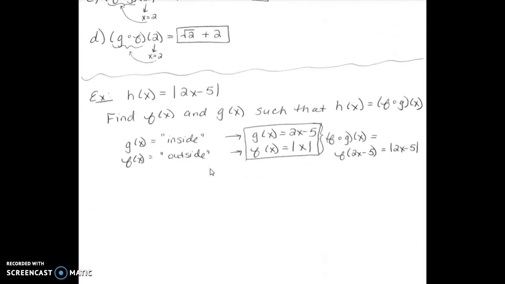And then our last example is working backwards. Here they give us a function, h of x, that is a composition, and we want to figure out what the f and the g were. So find f and g such that the function we're given, h of x, represents f composed with g of x. So in this order, this function that comes second, g of x, needs to be what's inside. F of x is what's outside. Inside is the 2x minus 5, so that's going to be our g. Outside of it, we're taking the absolute value of x, so that's going to be our f. So if I use these results for f and g and did